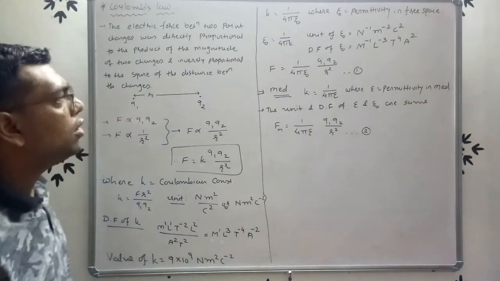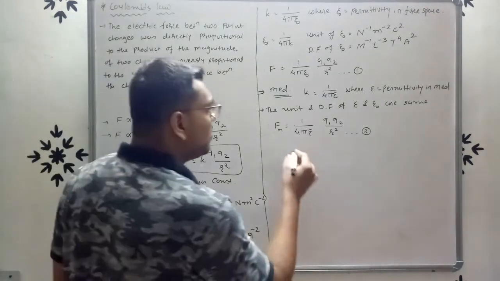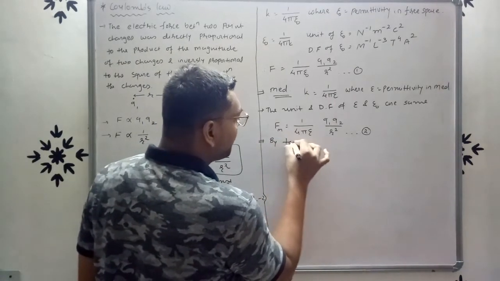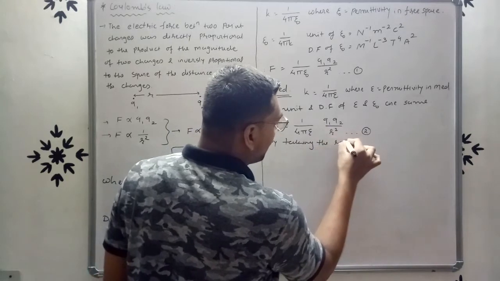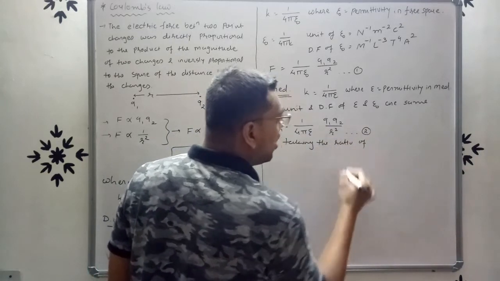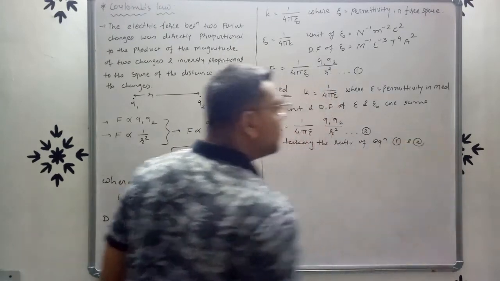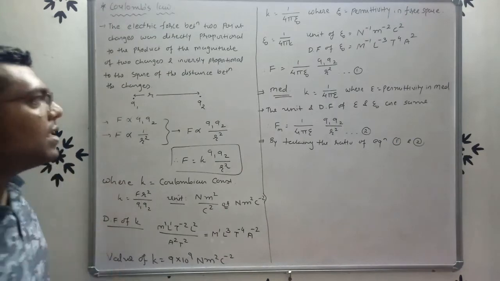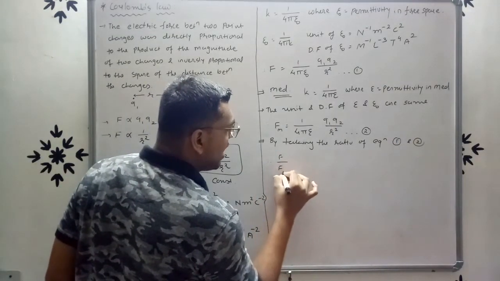So if we take the ratio of equation 1 and 2, then we get F upon Fm